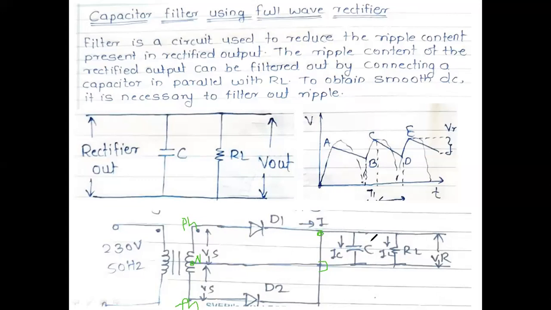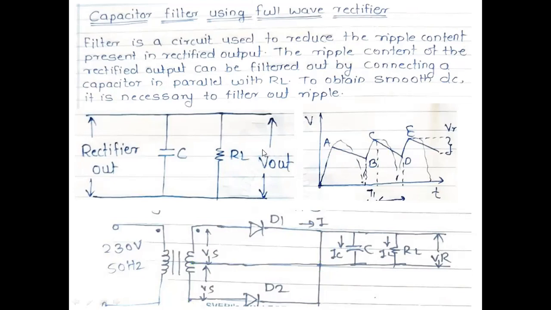Then it should come here now, because once the other diode is not conducting, it is reverse biased and blocks the current here now. All the current will flow through the load resistance and come back to the neutral here now. Is it clear? Yes, sir. So this completes the rectifier circuit.